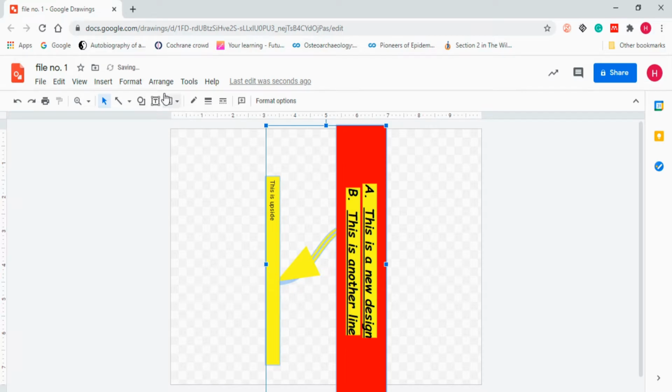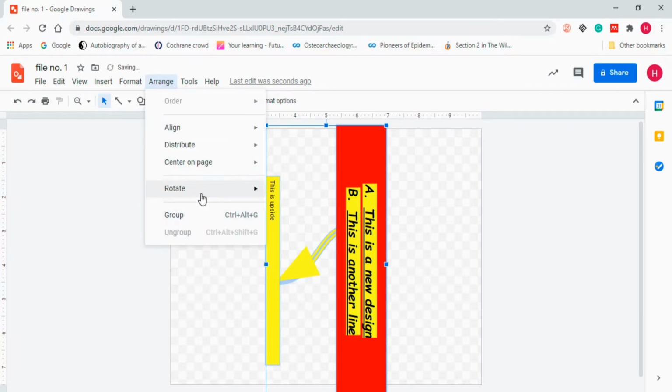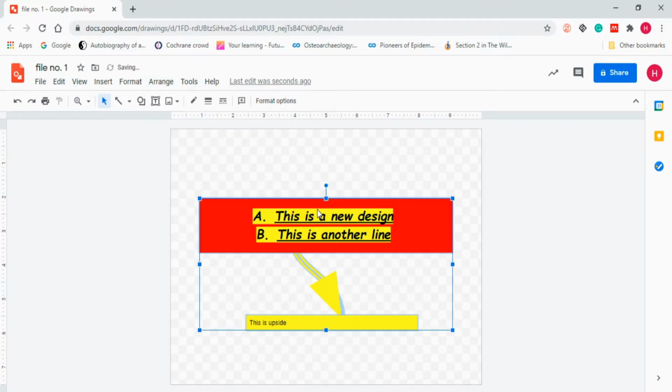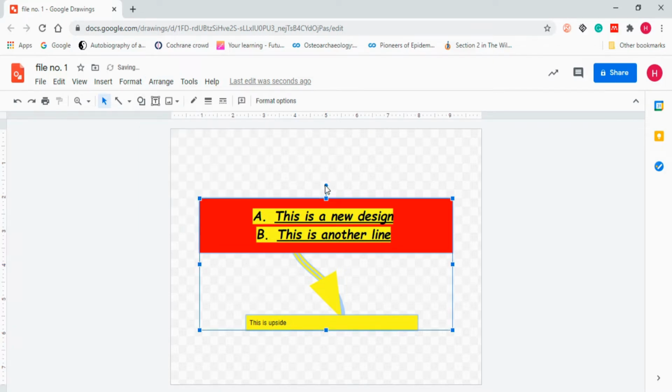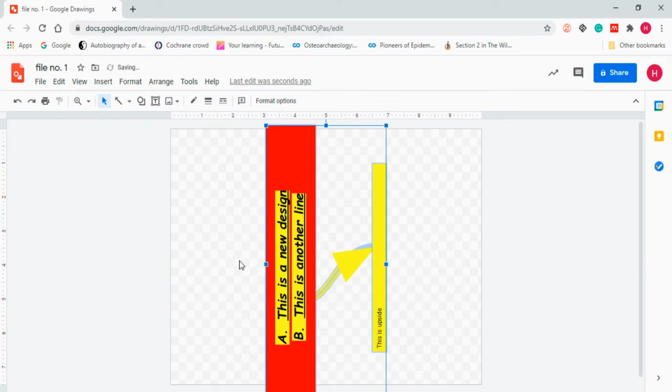Likewise, you can make it for 90 degrees. You can rotate counterclockwise. You can do as per your desire. Apart from that, if you want to make changes in the rotation, you can do that from here as well. When you see just above this box, there is one dot. Just click on that dot. You will be able to rotate it, now it's 270 degrees. Now you can see that.